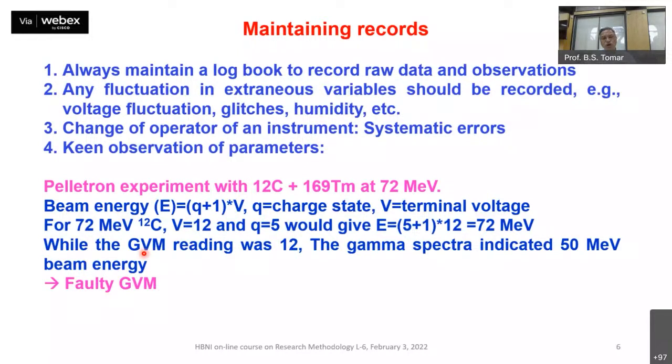Incidentally, previous to our experiment, there was another group and they had a beam time of 5 days. And when they were going to quit the beam line and we were going to come, they were always grumbling. They did not get the data which they were expecting. So the problem was persisting since that time.